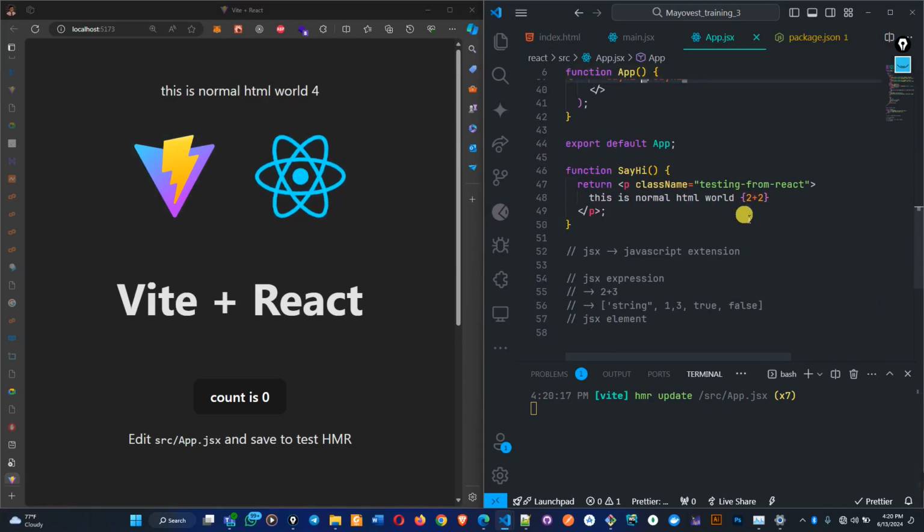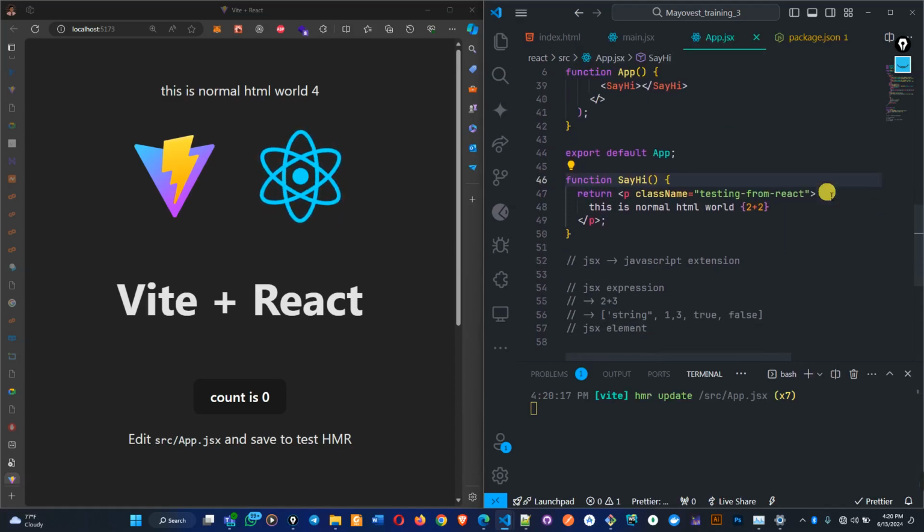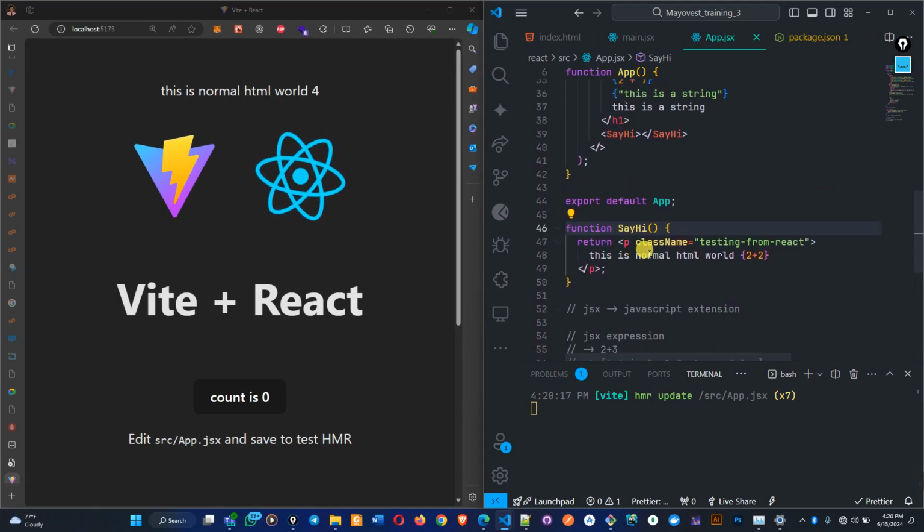This is the advantage of this one now, not like the normal HTML where you have to be doing copy and paste. And if you need to make any changes, you do it at the top and you still go down and make the changes. But with this one now, you only create it once and you reuse it in different places. And if there's any changes that need to be done, then you just make changes here